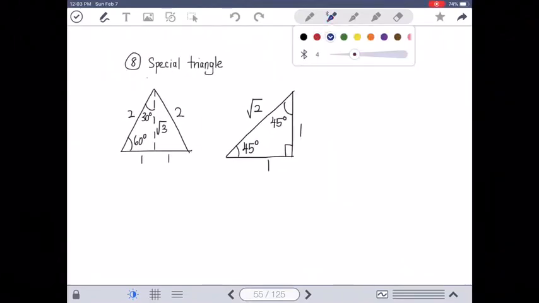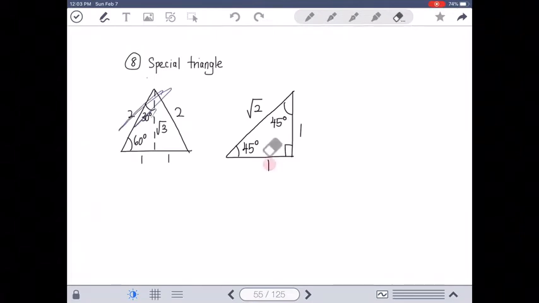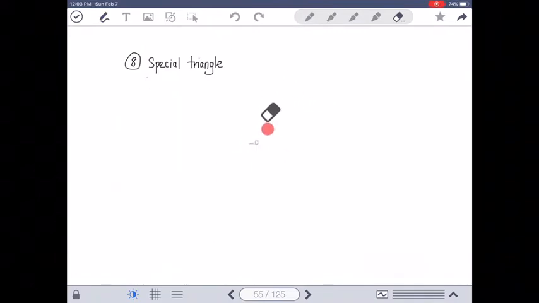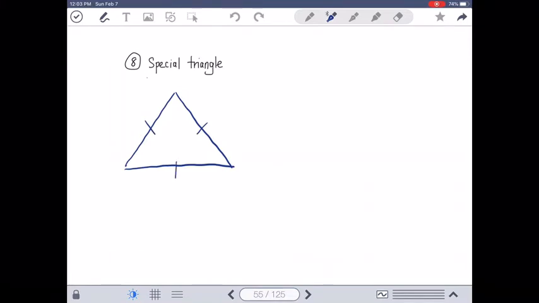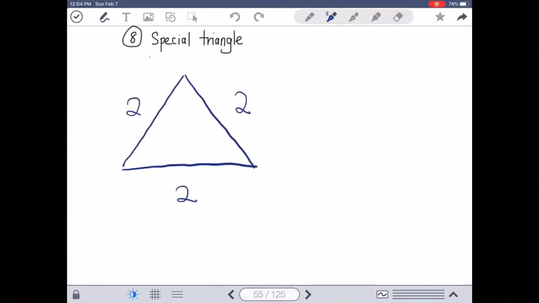In this video, we are going to have a look at special triangles. There are two special triangles. The first one is an equilateral triangle such that each side is 2, 2, and 2, and we know that